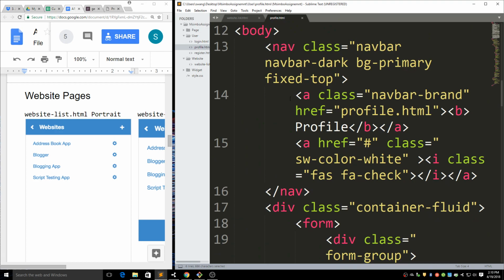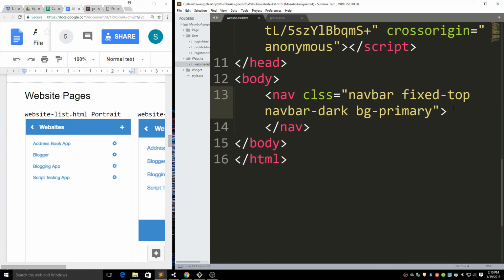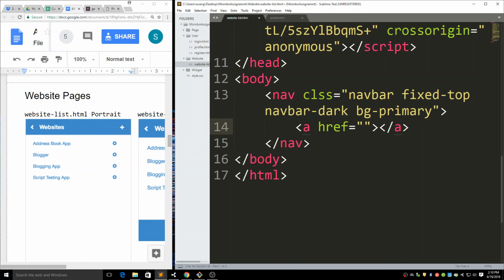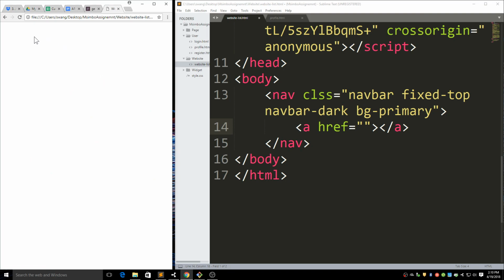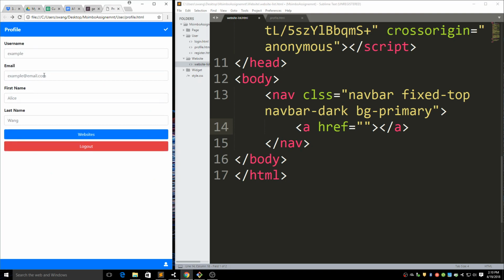Okay, I have the navbar. And in the navbar, I will need three links. One is for this left icon, one is for this title, another one is for this plus. Okay, I have 3 links. First one. So for now, we are in the website list. So if I click go back, right? That left icon means go back. Go back means I will go back to where I came from. I came from the profile page, right? When I click on the websites, it navigates me to the website page. And when I click that button here, it should mean come back to the profile page, right? So it should be the profile page, and